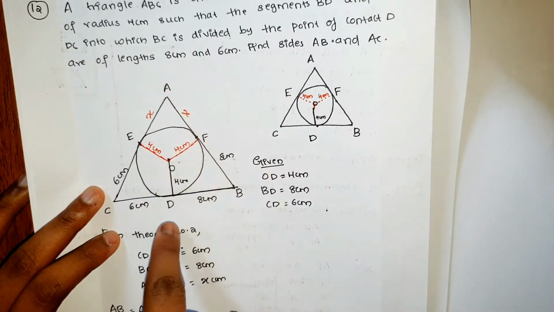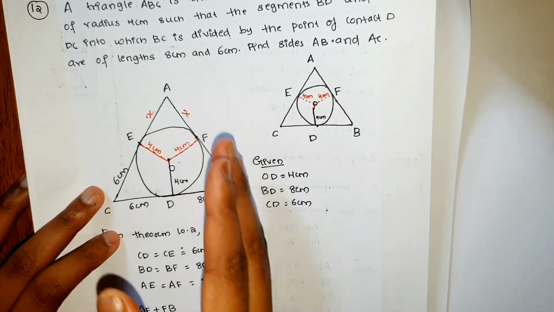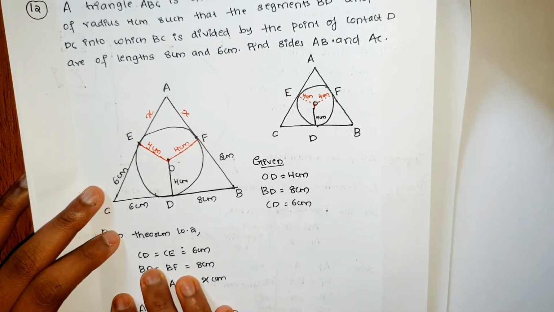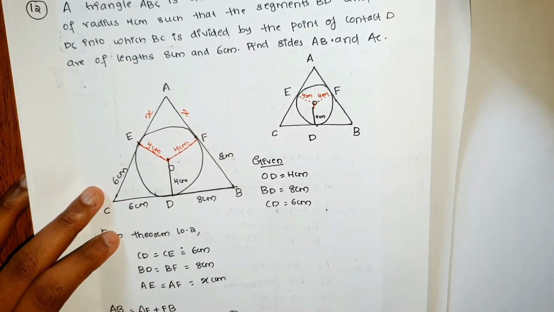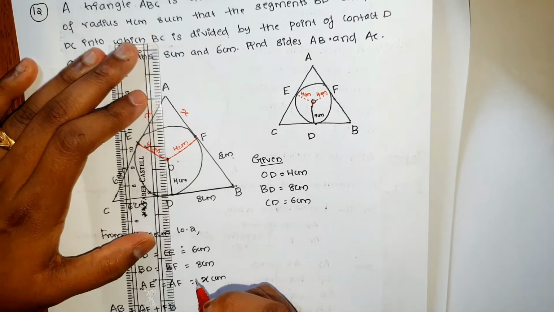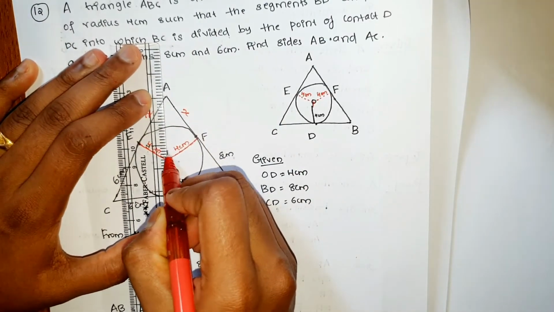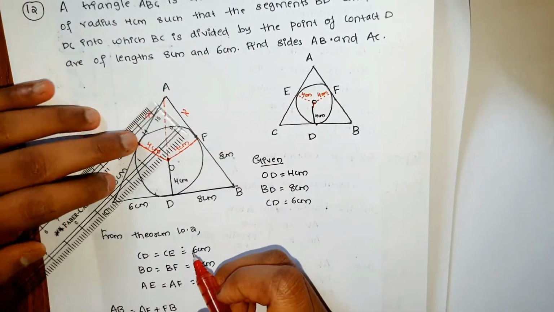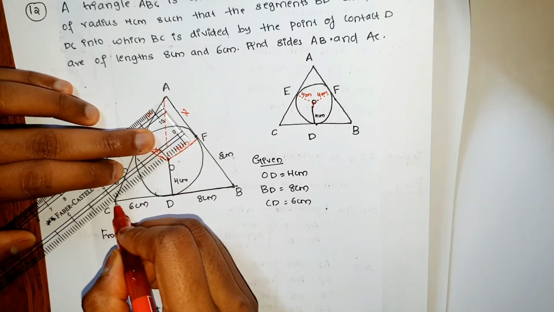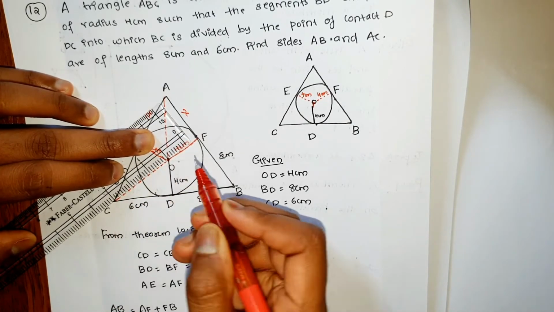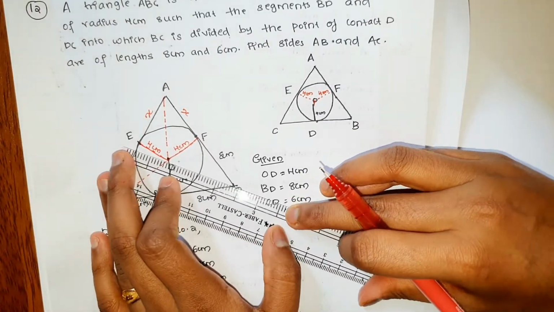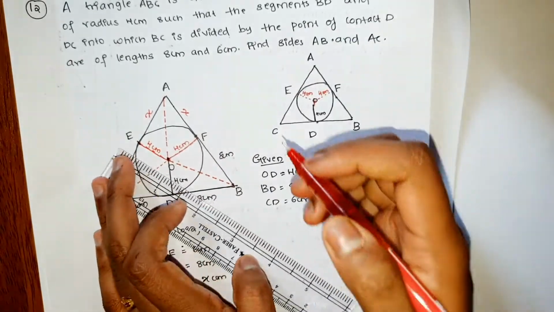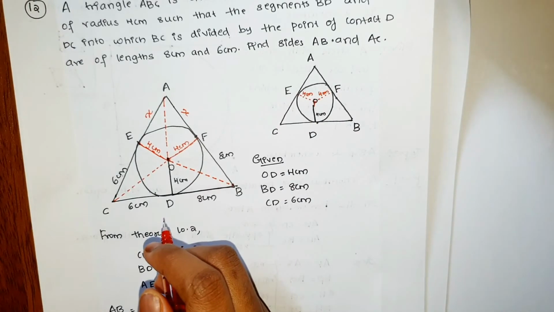Next, students, in the same figure we can do some constructions, and we can split this triangle into different triangles, and then we can find the area of each triangle and equate this to the full triangle. So here I am doing some constructions. Here I am joining this O and A. Here I am joining this O and C. And here I am joining this O and B. So I am getting different triangles.